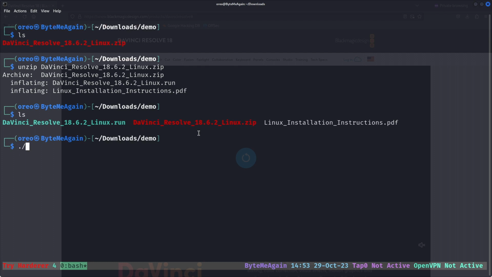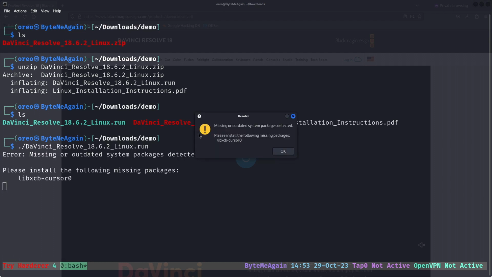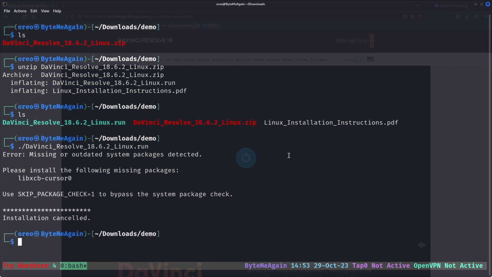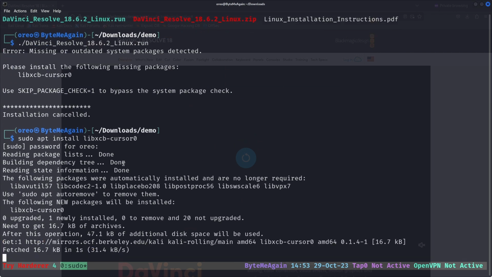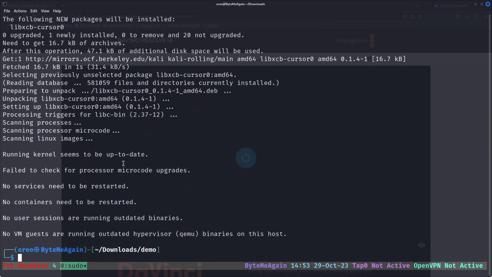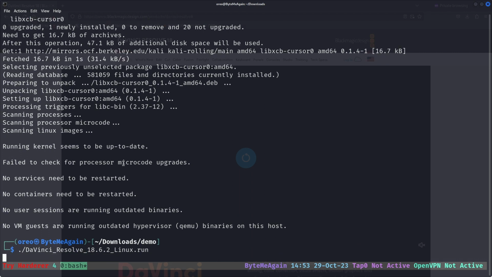Once it's been created, we just run it. And then we're given this error, libcursor whatever is missing. So all we have to do is just apt install it. A very simple fix. And then once that's installed, we can run the installer again